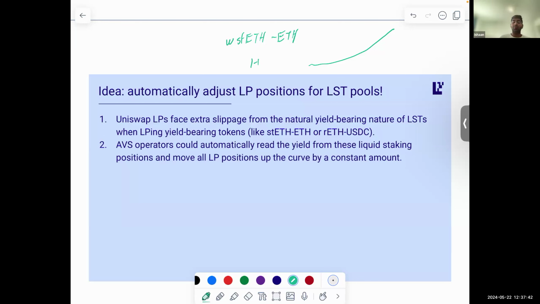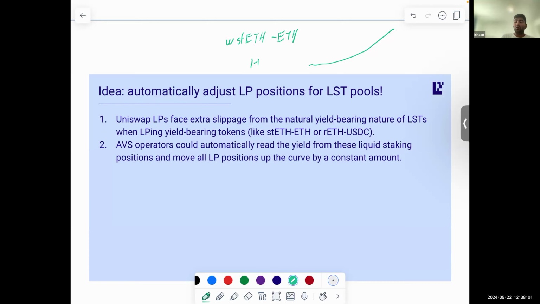Or what you could do is have the AVS operators, it could be a few different things. They could be changing all of the LP positions up the curve, or they could change the curve